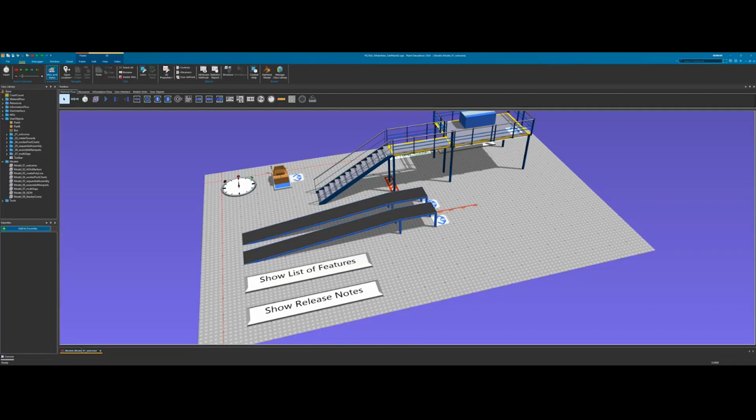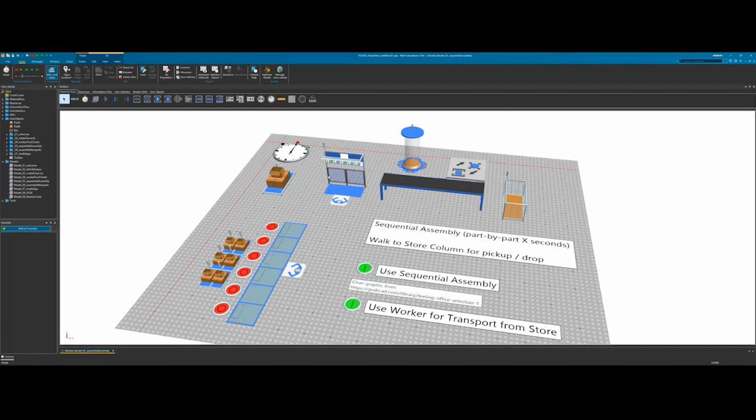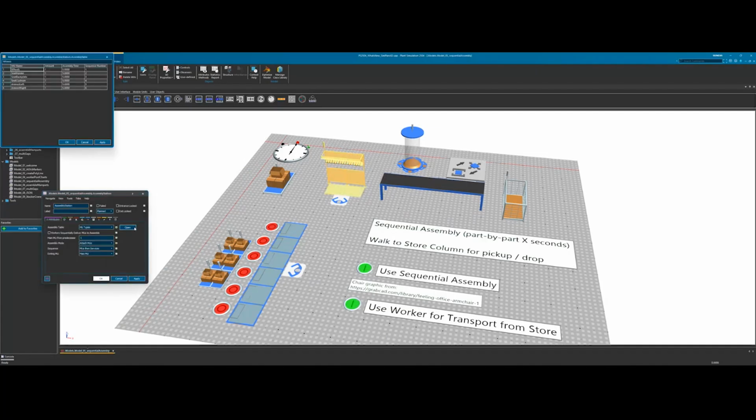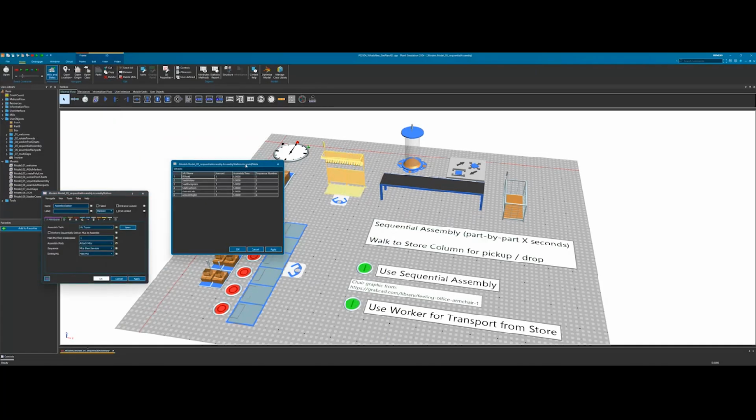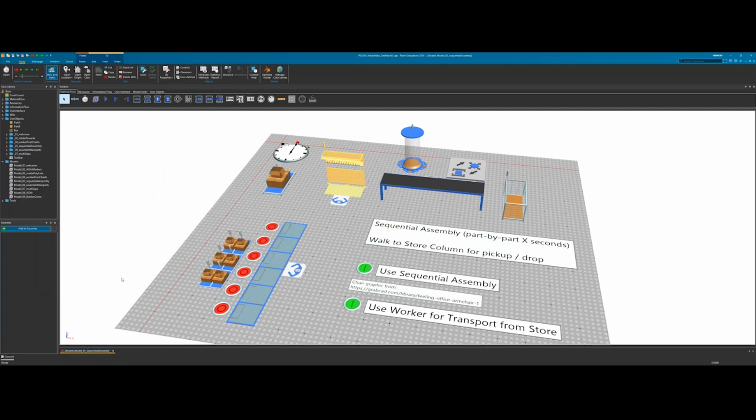You can still input just the flat time for the assembly station. So you simply leave out the new columns. If you don't provide individual assembly times and sequence numbers, then it behaves just like in the previous versions. And then all of the parts have to be, again, assembled together, and they have to be ready all at once before the total assembly time starts. So then you have the previous behavior.